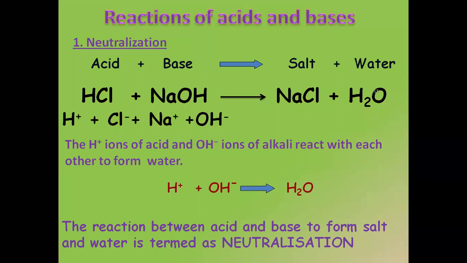Just to give you more clarity about acid and base, this thing you don't have to write, just understand. Acid HCl means it is made up of H plus and Cl minus. Base, which is my NaOH, is made up of Na plus and OH minus. तो अभी यहाँ पर देखो H plus और OH minus combine करके क्या बनाया? H2O. And Na plus and Cl minus will combine together, isn't it?